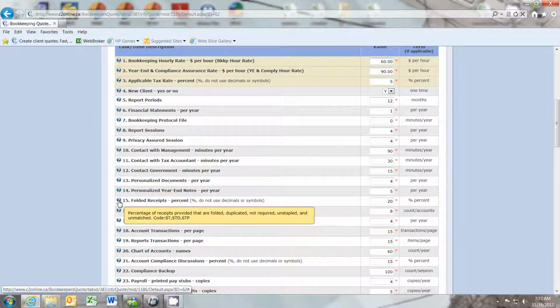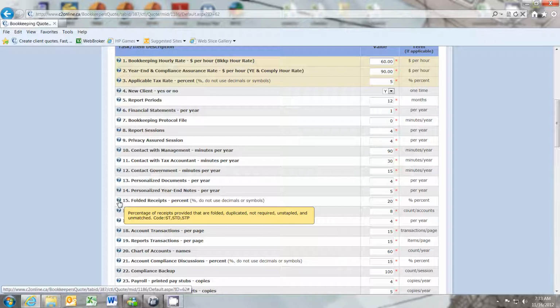These receipts may be folded, or they may not be, ensuring that their debit receipt and their actual official receipt, like the debit transaction for the bank, are not attached together. So you're now finding duplicate transactions, one being an official receipt and one being a bank transaction, like a check stub really. So the percentage of receipts provided, when we're involved in the sorting of the receipts to ensure